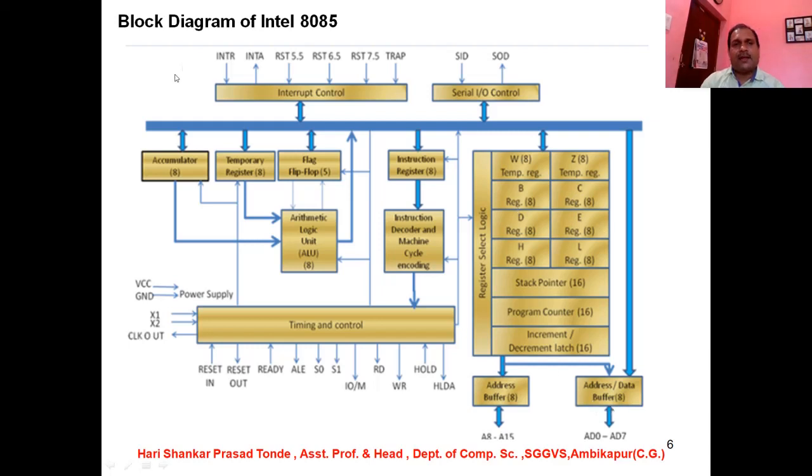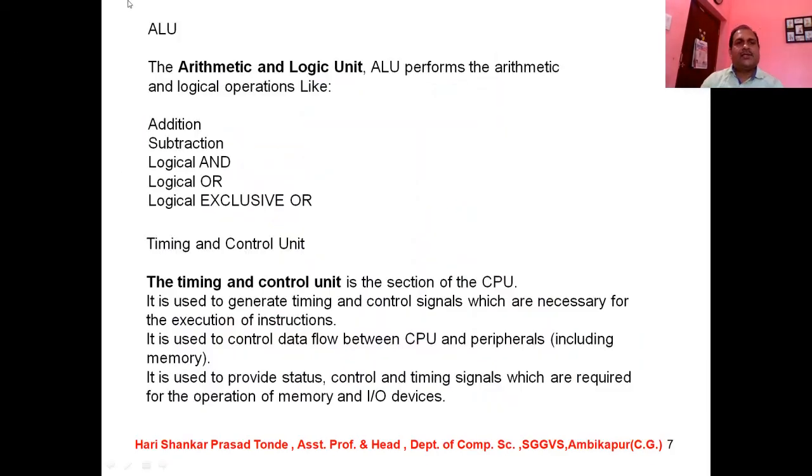So students, when we discuss the microprocessor 8085, we have to be familiar with various types of registers, data buses, the timing and control part, the ALU and the CU part, so that when we gather all of them together, the architecture of the particular microprocessor becomes available to us. So let us discuss what is actually in the figure.